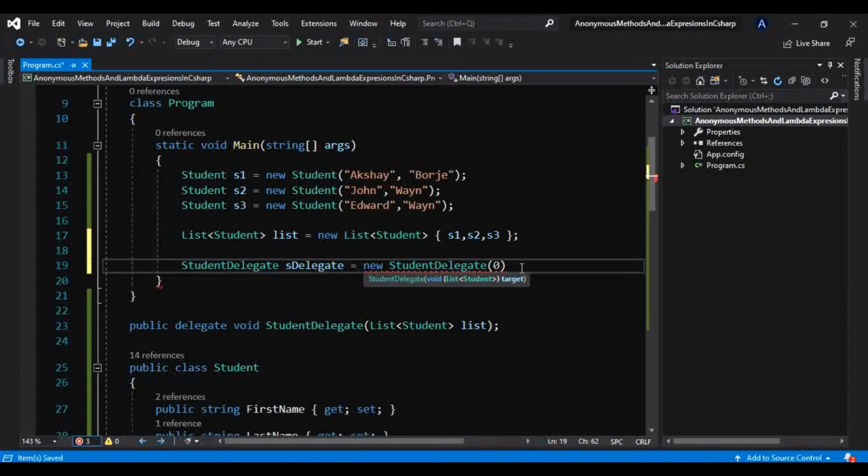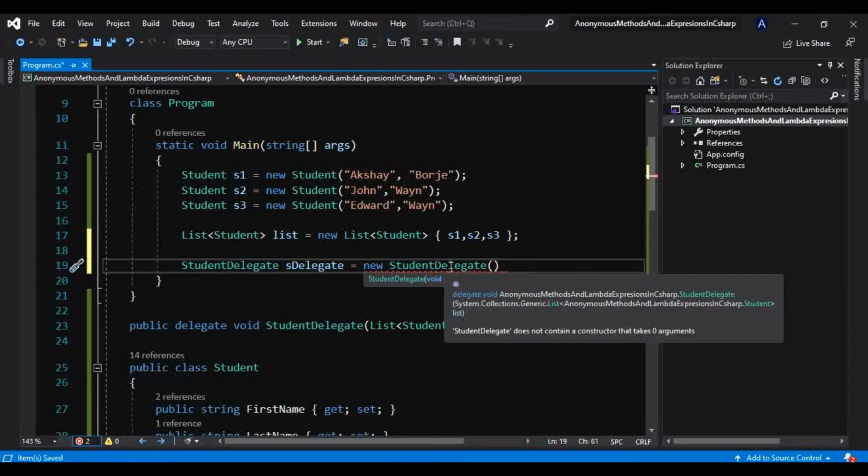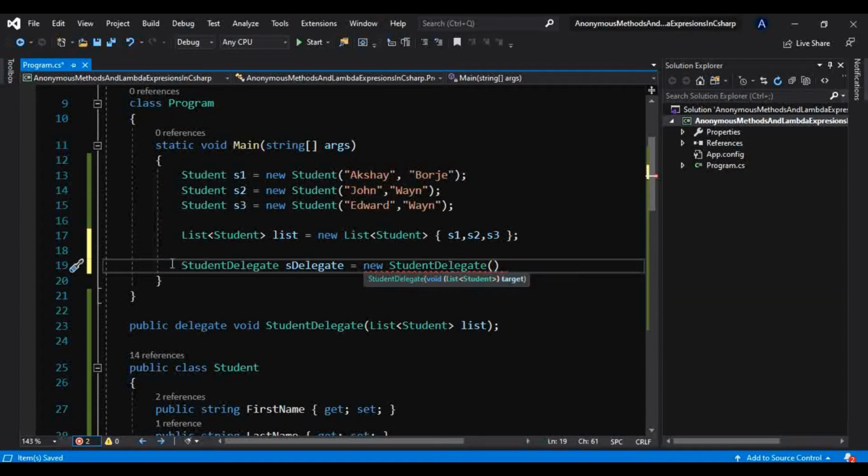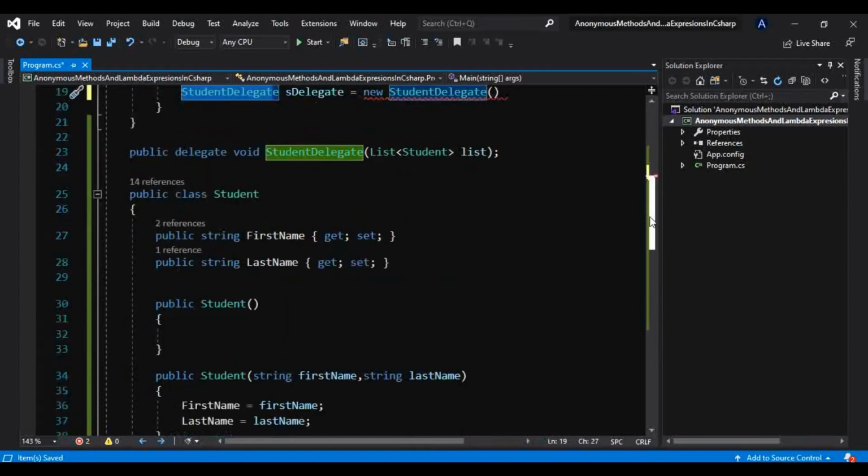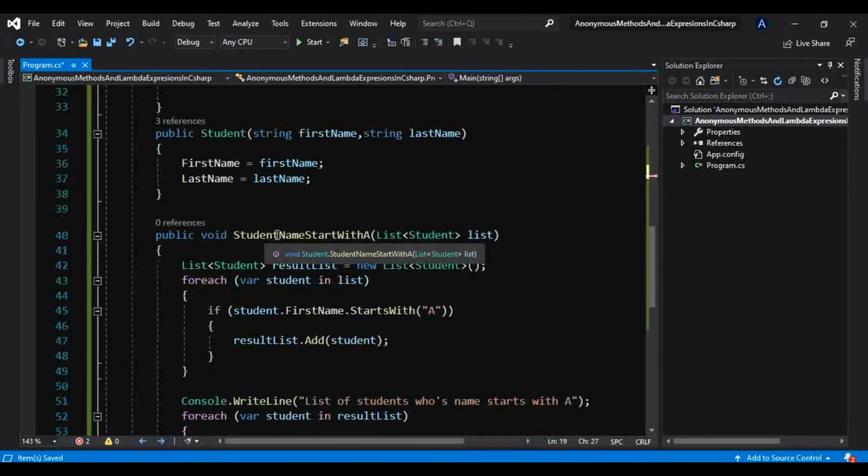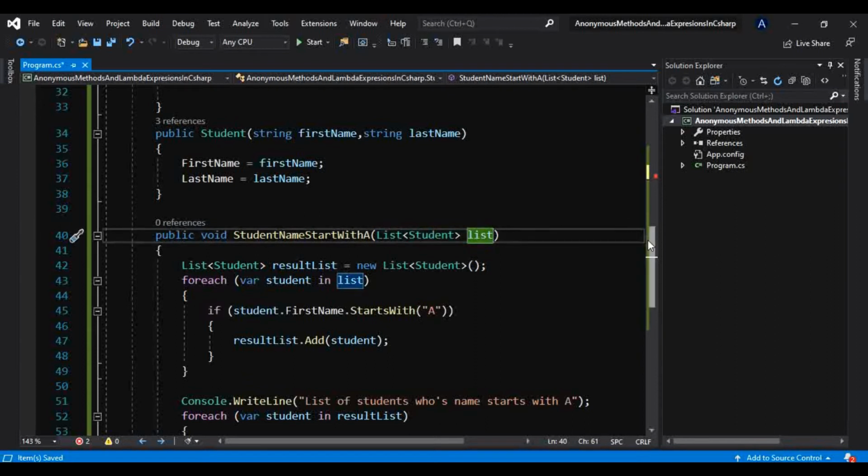We know what we have to pass in the instance of these delegates: the method which has the same signature as that of this delegate. We have created that method here, that is StudentNameStartsWithA, which has the same return type as the delegate, and takes one parameter of type list, same as the delegate.